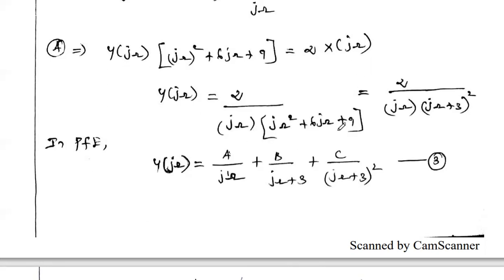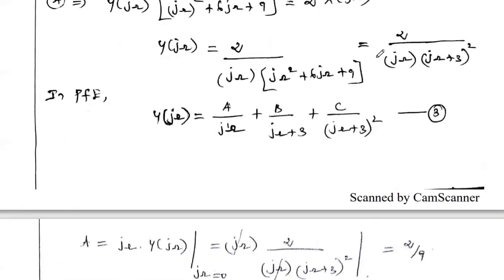You see in the denominator polynomial, this is a third order equation. j omega is already in factorized form, and this second order equation we have to factorize. We already factorized it previously, and we got the same roots repeated. It can be written as (j omega plus 3) whole squared. So out of these 3 roots, the first one is the root 0, and the other 2 are repeated roots having the value j omega equal to minus 3.